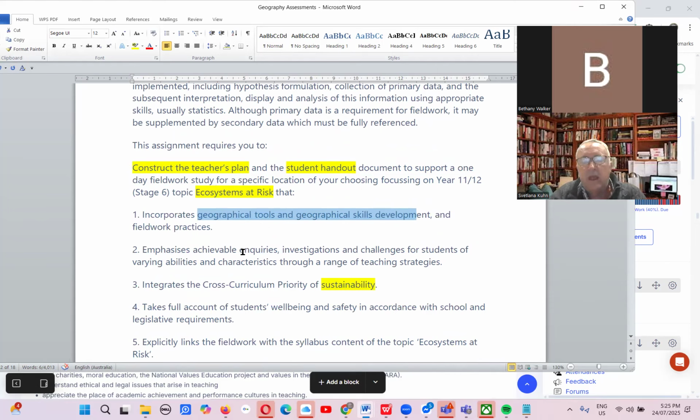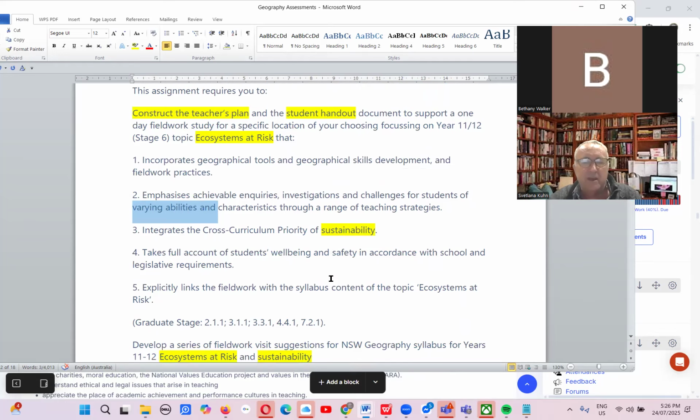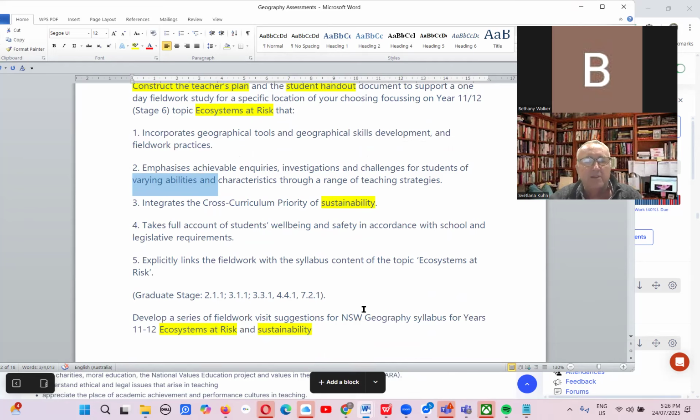You need to look at achievable inquiries, investigations and challenges for the students, and particularly for students of varying abilities. And you'll find in the classroom now you can have students who are 1 or 2 years younger than your class mentally or age-wise, and you've got to be able to cope with